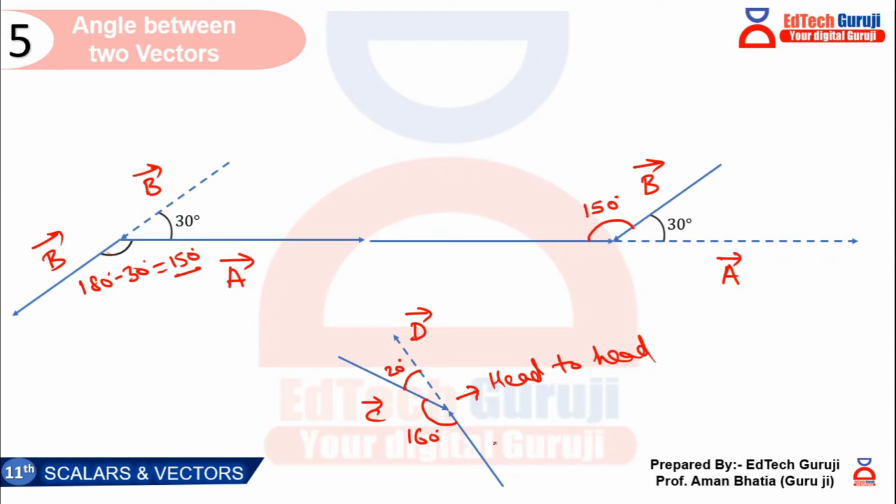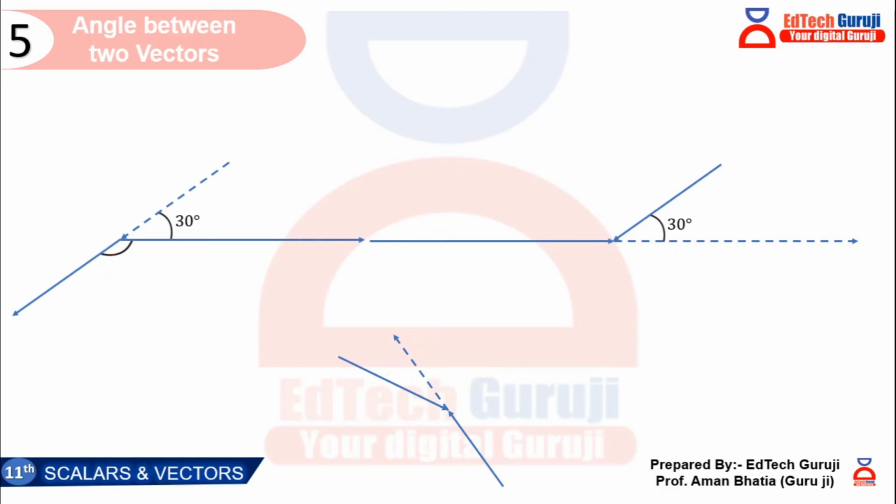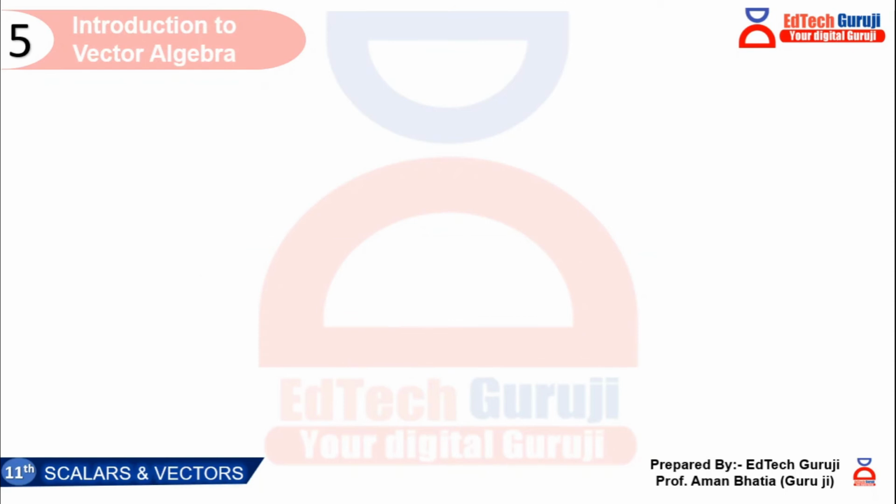So guys, I hope it is clear to you how to calculate the angle between two vectors. Okay, now moving ahead, what is vector algebra? See students, whenever we add two numbers or two scalars, okay,